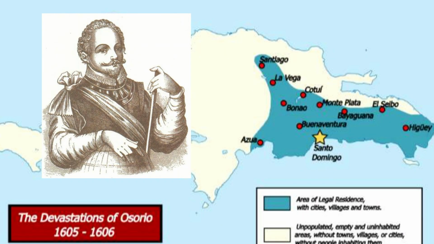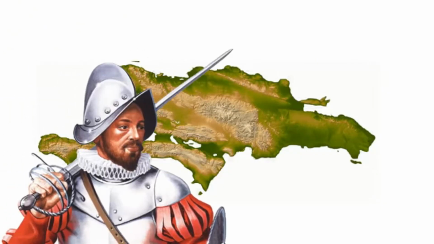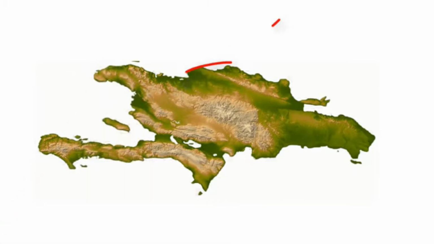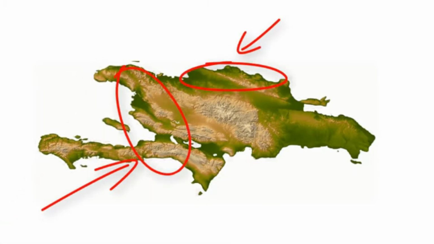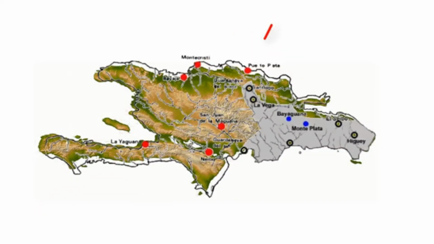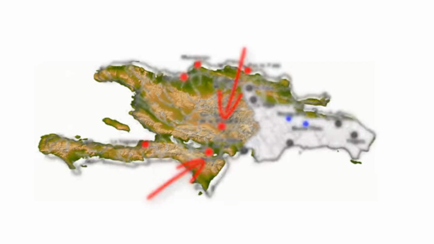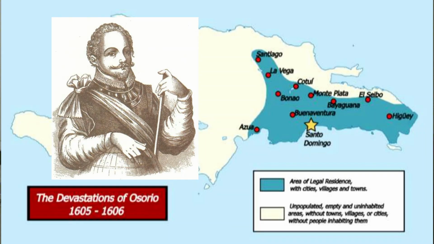According to Wikipedia, the devastations of Osorio refer to a period in Santo Domingo in the early 17th century. In order to eliminate contraband trade in the north and northwest parts of the island, the Spanish monarch Philip III sent an order to the governor of Hispaniola at the time, Osorio de Osorio, to depopulate parts of the